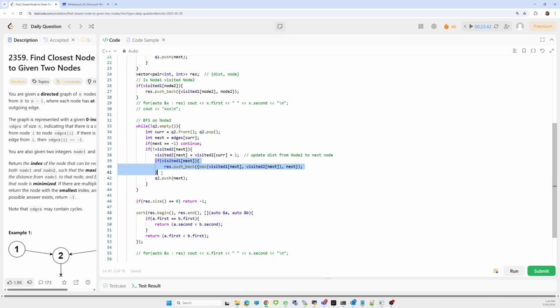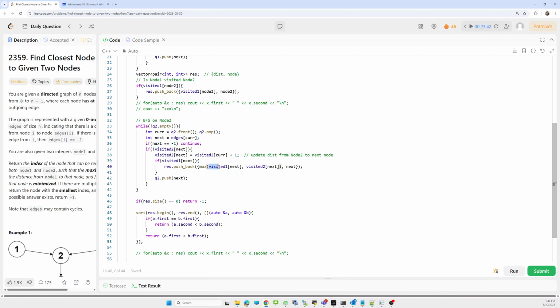Now we have to do one additional check. We check whether the current node is already visited by the node 1 iteration. In that case we have to update the maximum value, whatever the maximum distance to visit either from node 1 or from node 2.